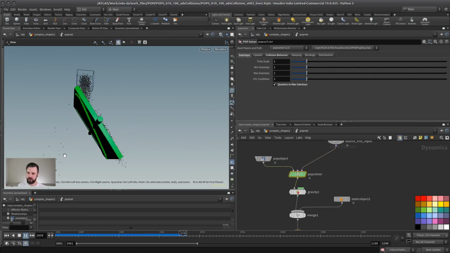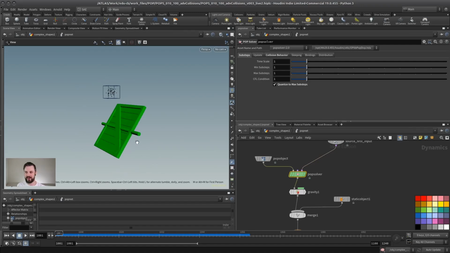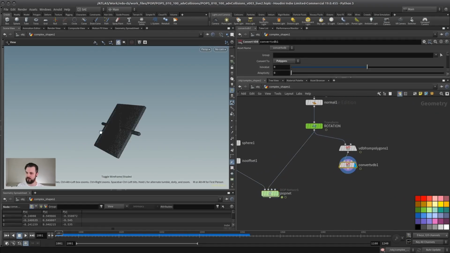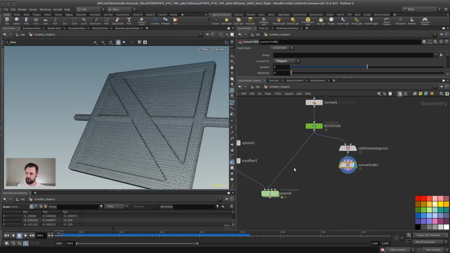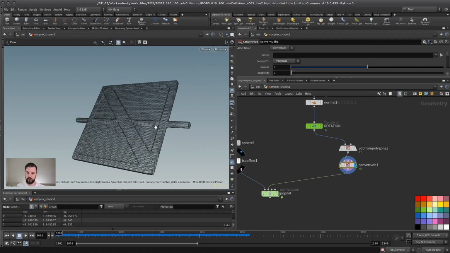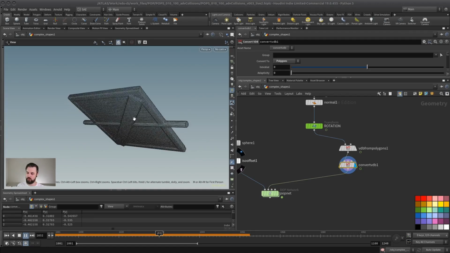There, now they're gone. So sometimes you have to increase the substeps when working with surface collisions. But let's say for some reason you don't want to use surface collisions. And here's an example. If you have a complex version of this geometry, like this with a lot of points, and maybe this is because you get this from somewhere else, from the modeling department or something, which is the same, just with way more geometry,